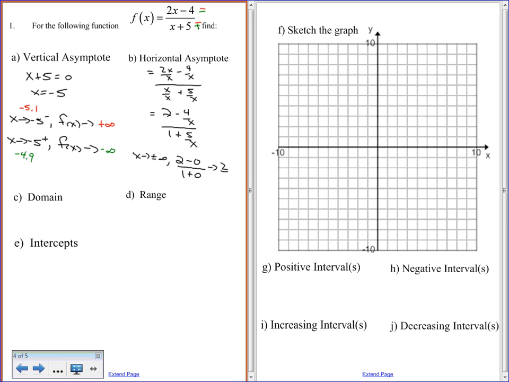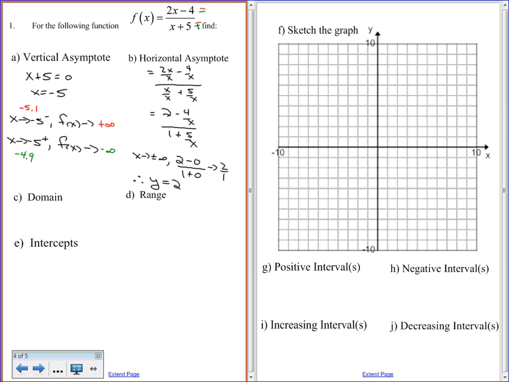2 minus 0 is 2. 1 minus plus 0 is 1. So that's heading towards a value of 2. Therefore, and you have to write this, the equation is y is equal to 2. Most people do extremely well in the first 2 pages of the test. I would say 50% of people lose marks because they don't write y is equal to 2. Okay, you have to write the equation of the